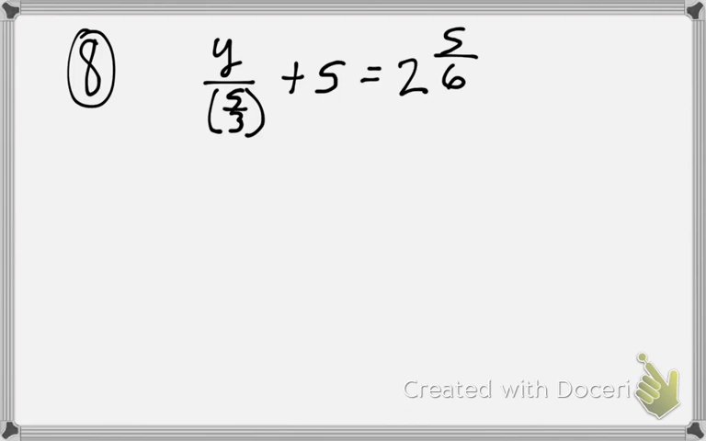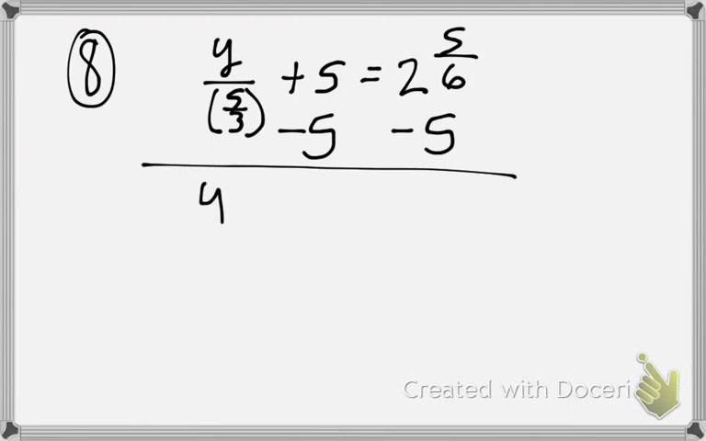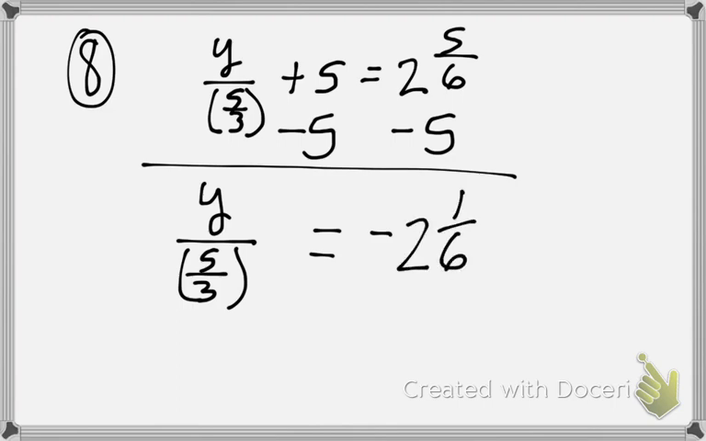Okay, for number 8, I've got a plus 5 that I need to get rid of first. So I'm going to take away 5 from both sides. So that's going to leave me with the y. Still got that 5 over 3 hanging out there. And then if I have 2 and 5 over 6, but I take away 5, that is going to go into the negatives. And it's going to be a negative 2 and 1/6, which I am now going to turn into an improper fraction. So that will give me a negative 13 over 6,